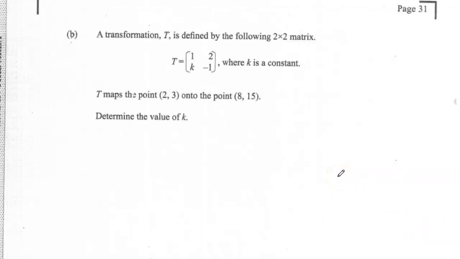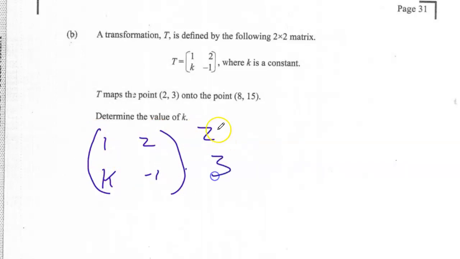Part B, a transformation T is defined by the following 2 by 2 matrix. So T equals 1, 2, k, negative 1, where k is a constant. T maps 2, 3 onto the point 8, 15. Determine the value of k. When we say T maps 2, 3 to 8, 15, all we mean is that we multiply the matrix T, 1, 2, k, negative 1, by 2, 3, and you should get 8,